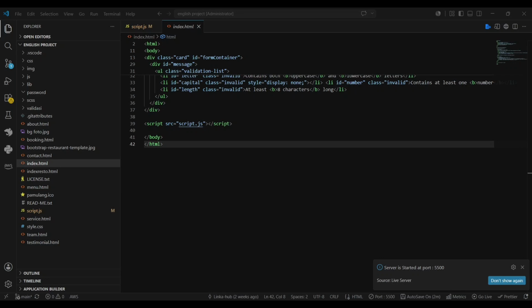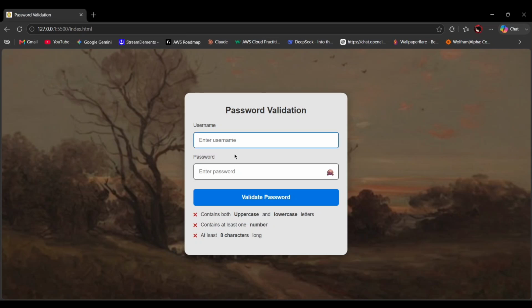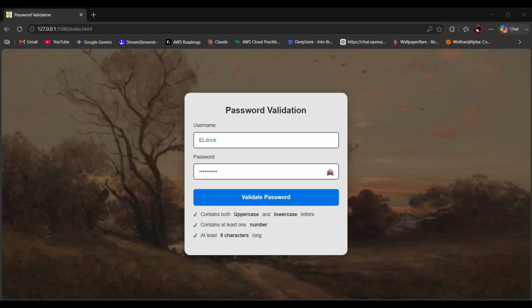If the code is run like this, and all the requirements are met, then we press the submit button.